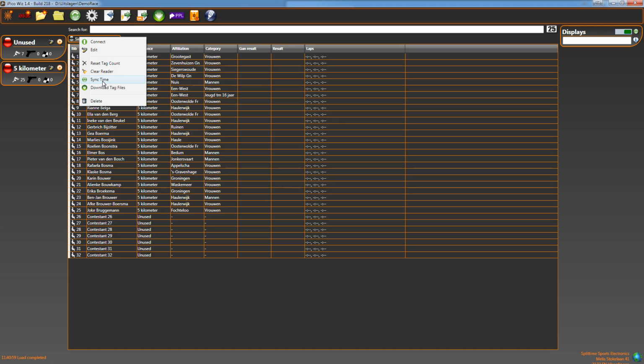Basically, if you have two readers in a race, they both should be time synced to the same laptop and just once. So in the morning, turn on the readers, take one laptop, preferably one which has the correct time. Sync the time to both of the readers, and then don't time sync at all with any laptop,